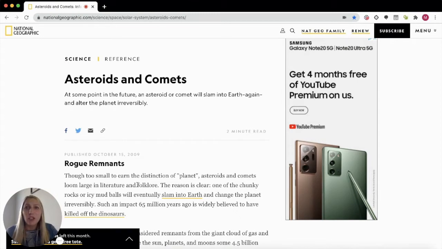So the first thing we're going to do is, I am on a National Geographic page of asteroids and comets, and there is a lot going on this page with some ads off to the side. So right away, I want to eliminate that noise on the page